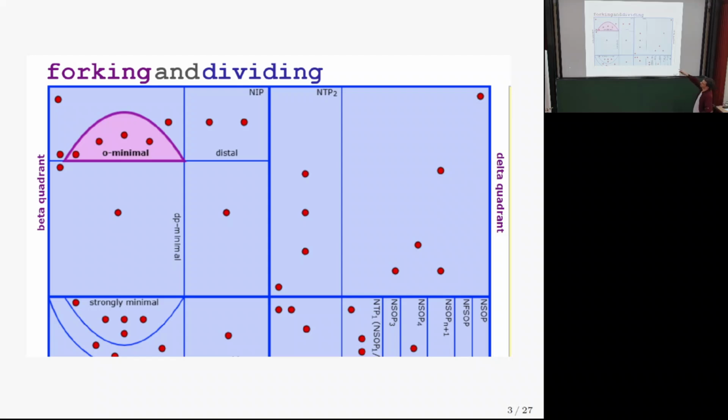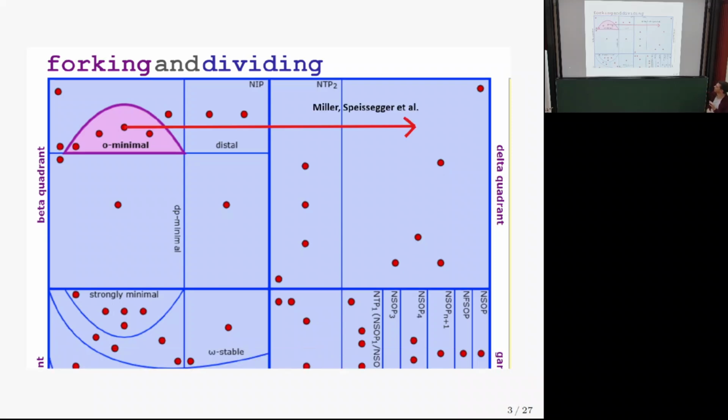So every red point is a theory. We have these dividing lines, which are mostly combinatorial in nature, right? This pink section there would be the minimal theories. And this program of Miller that Philip and Eric talk about, what it does is it focuses on the reals. So that red point would be the real field.